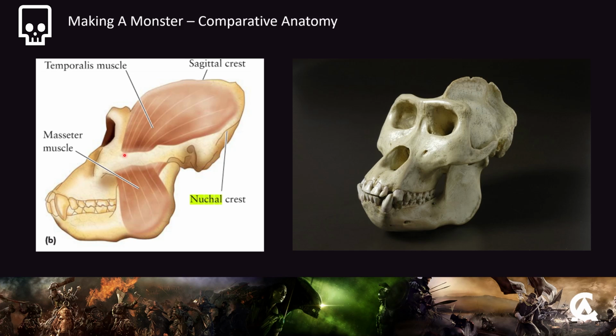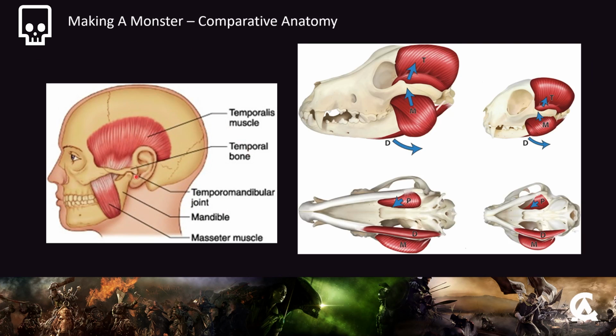If you have a carnivore, or a creature that uses its mouth for attacking, it's going to have hugely built-up temporalis and masseter. This is temporalis and masseter in a human. The temporalis is big and the masseter is fairly small here, because we've adapted, and we're omnivores. This activates when you chew, and this activates when you chew as well.